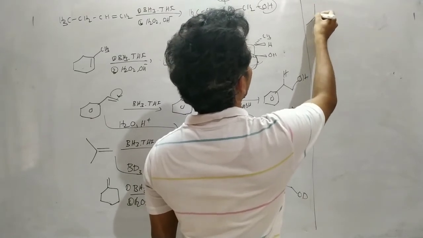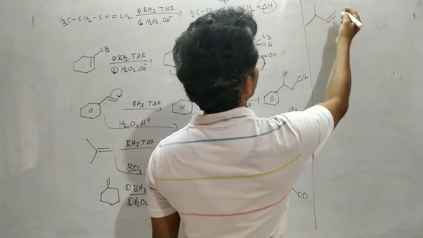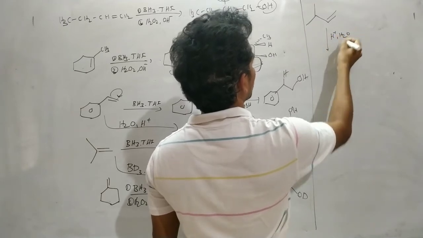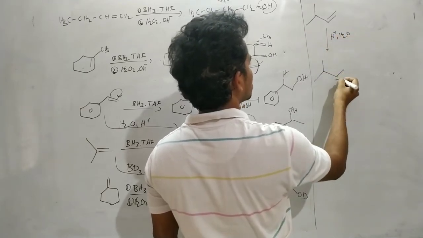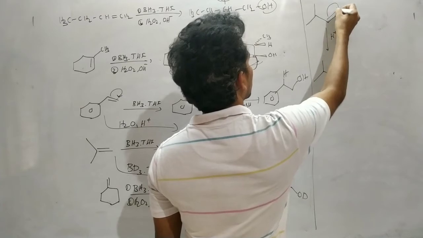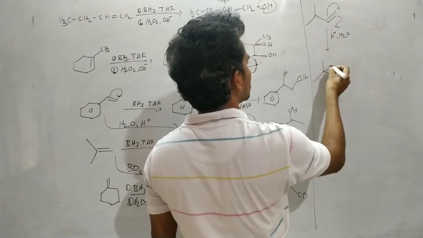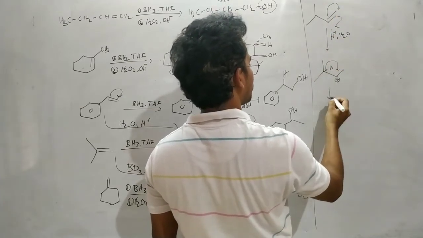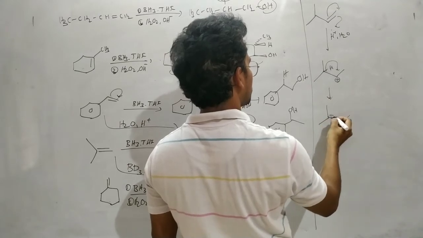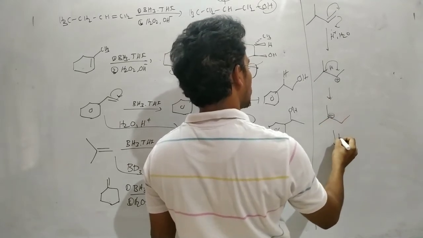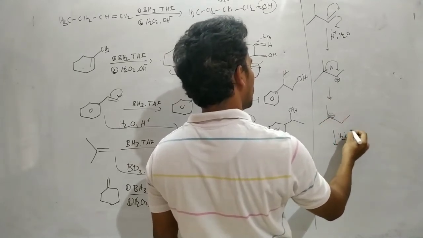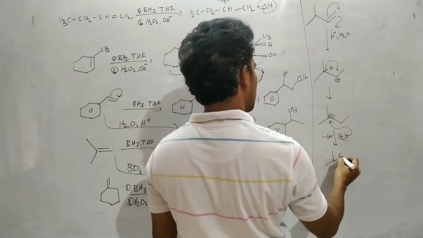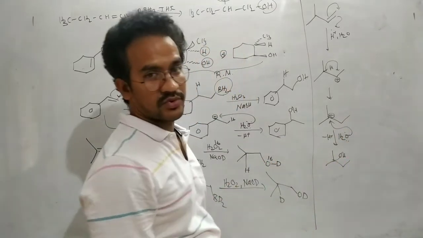Now here I want to compare with the acid catalyzed hydration. In acid catalyzed hydration, carbocation is a reaction intermediate. So this is the carbocation formed initially by attaching of the H plus. Now here it can rearrange to a more stable cation, that is nothing but a tertiary carbocation. Now it is attacked by the water molecule, then loss of proton. As a result, this alcohol is a major product.